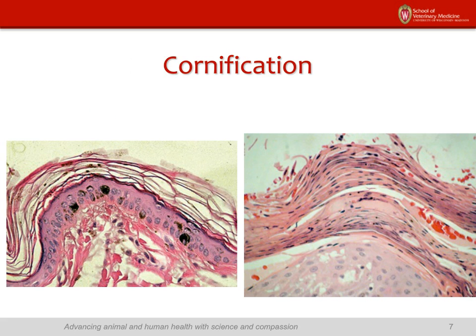On the other side you see a really thick area on top with little blue dots in there, and that's excessive scale. And so what happens is the body is just producing so much of this scale from either a secondary disease or a primary disease, and it accumulates, and then it predisposes the animal to infections, and it causes a lot of our problems. And so it's right there in that very surface area of the skin where the problem is that we see. Okay, so